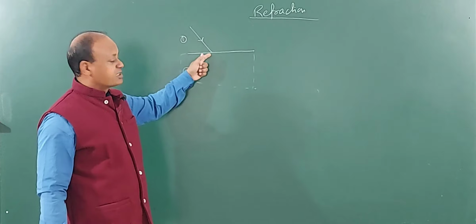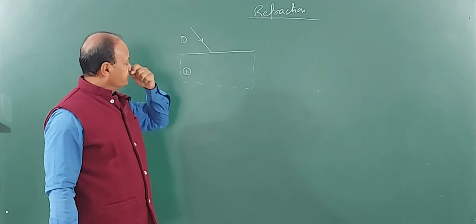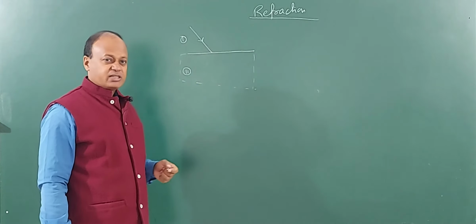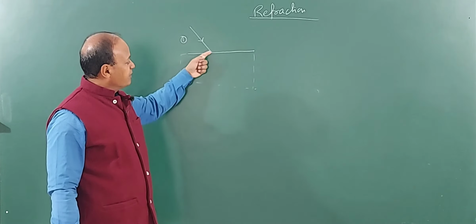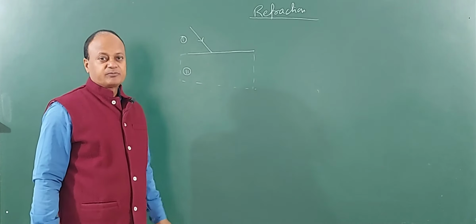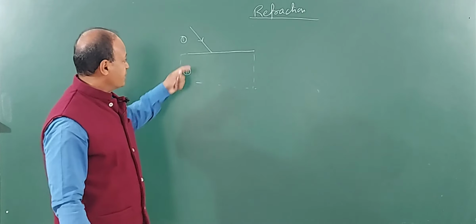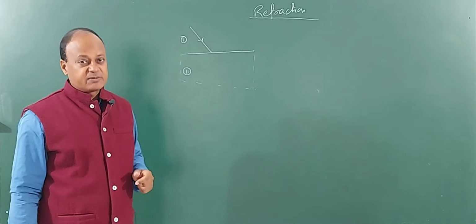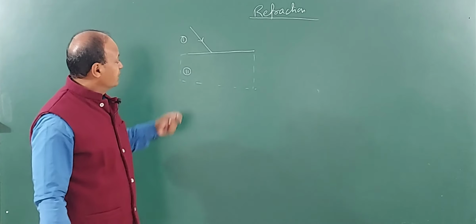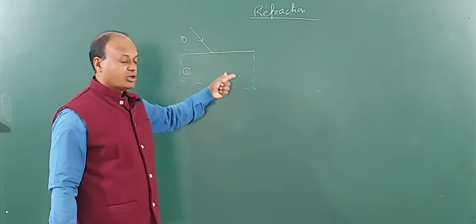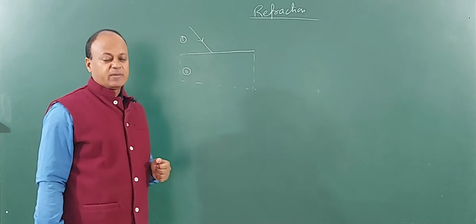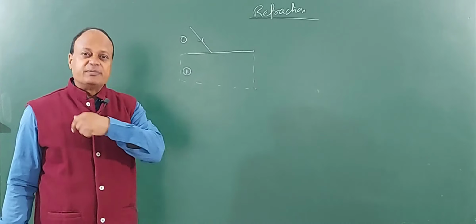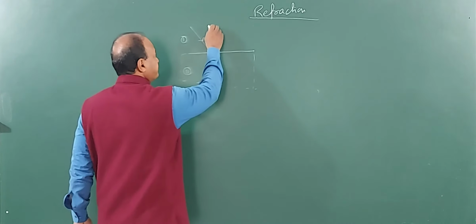So when the light strikes the surface, then a very small part of this light gets reflected, which we have already done in lower classes, and the majority of light passes into the other medium. Now as the light passes from one medium into another medium, and the other medium is a transparent medium, then we see that the light no longer continues along the same path. Actually what happens, it deviates from its original path. In other words, it bends. So how can it bend?